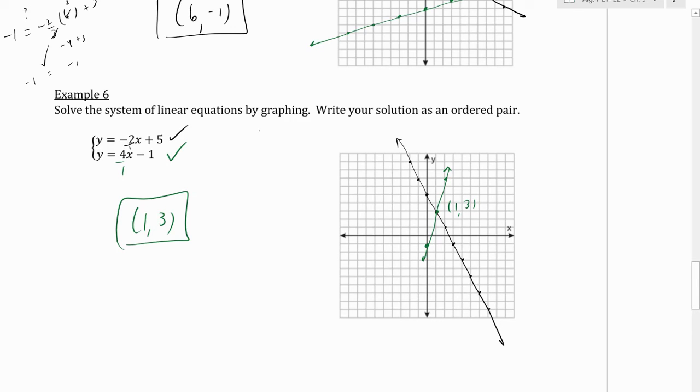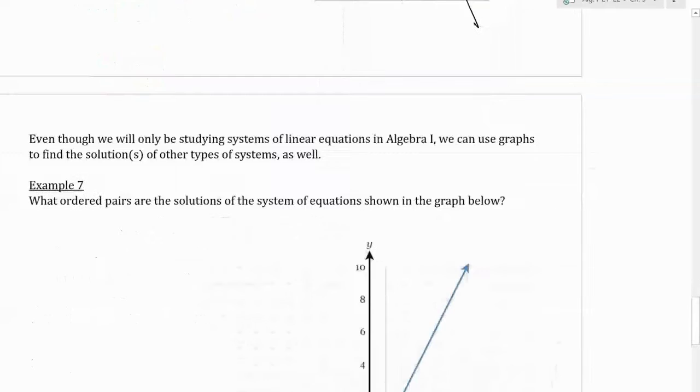And see, look, we can check. 3 is -2 times 1 plus 5. It sure is. 3 is 4 times 1 minus 1. Sure is. Okay. And then